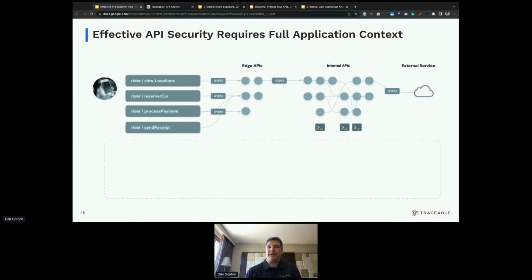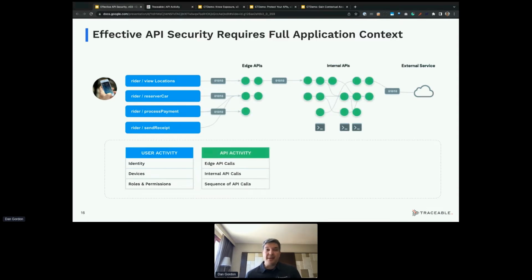So here we have our generic application. And what we're talking about here is understanding deep and broad data from several aspects. One is user activity. What are they doing? What APIs are they calling? What are their identities? Where are they coming from? What are their roles and permissions? API activity itself, is it happening at the edge?